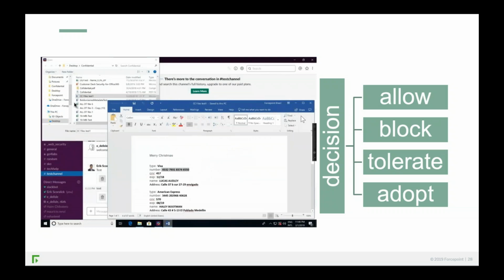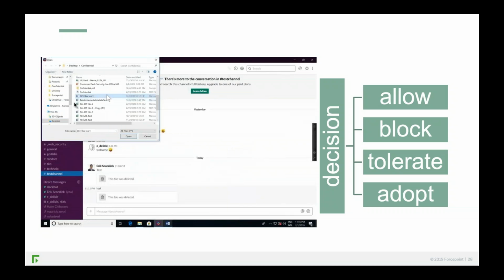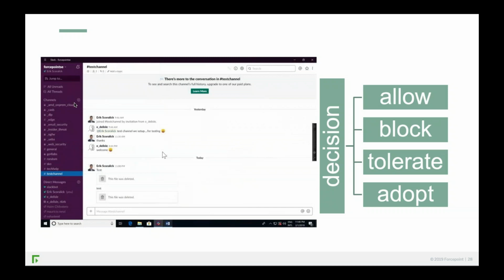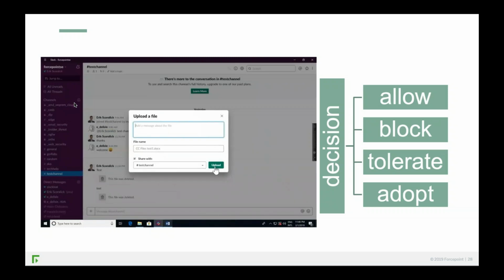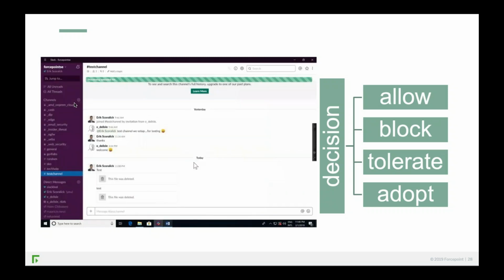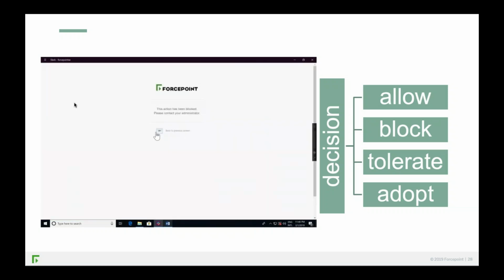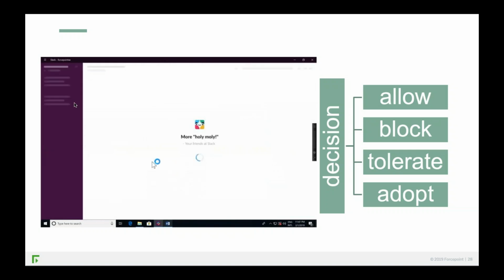Our global cloud proxy is based on AWS and Azure, so our customers can use any combination. We can say, look, if you have users over in Japan, for example, and there's an AWS environment in an availability zone in Japan, we're going to route the traffic from them to that AWS environment and then inspect the data and apply the policy consistently across the globe. So that's the user experience.